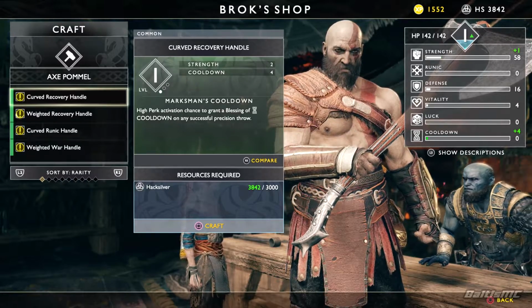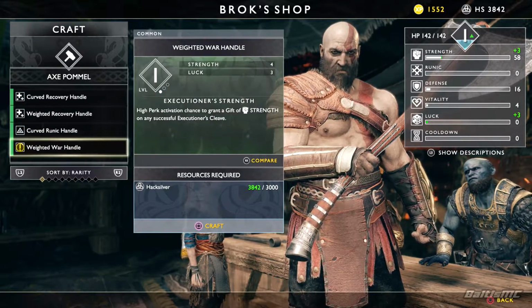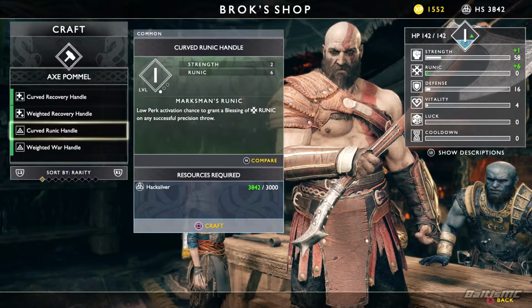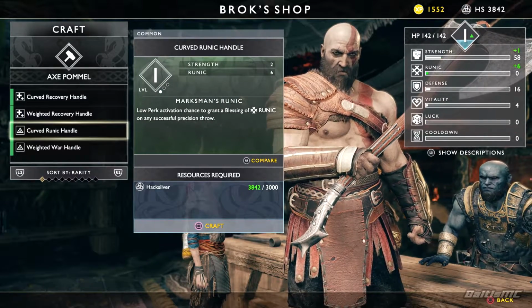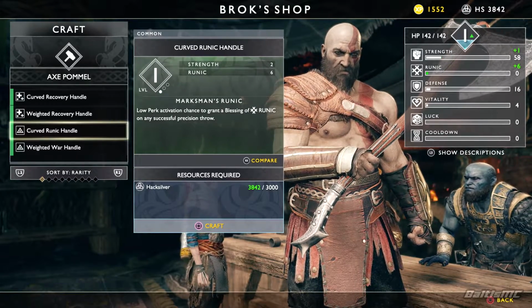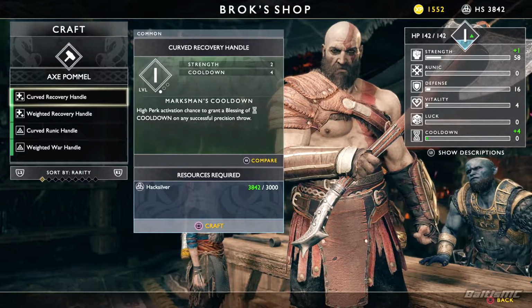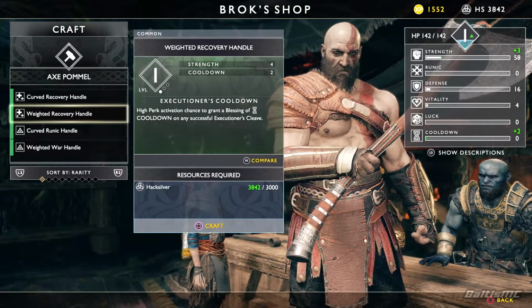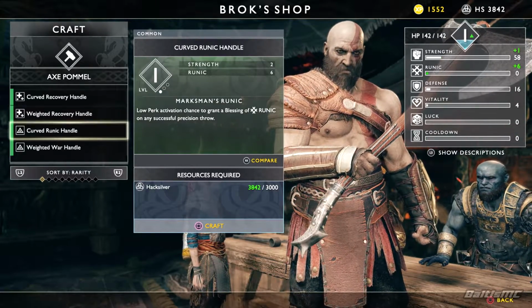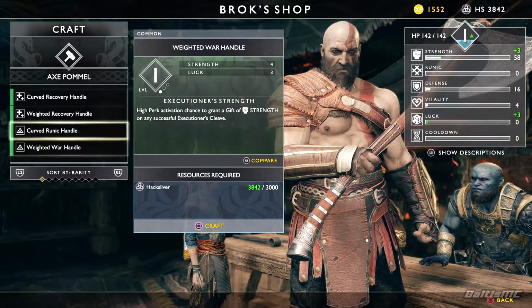Okay, so I'm actually not going to craft a pommel here, just because there is going to be a pommel I can get here in the Lake of Nine. That's going to be pretty useful. But if you weren't going to go that route, the pommel that I would recommend, let's see, would probably be this one here, either the weighted war handle